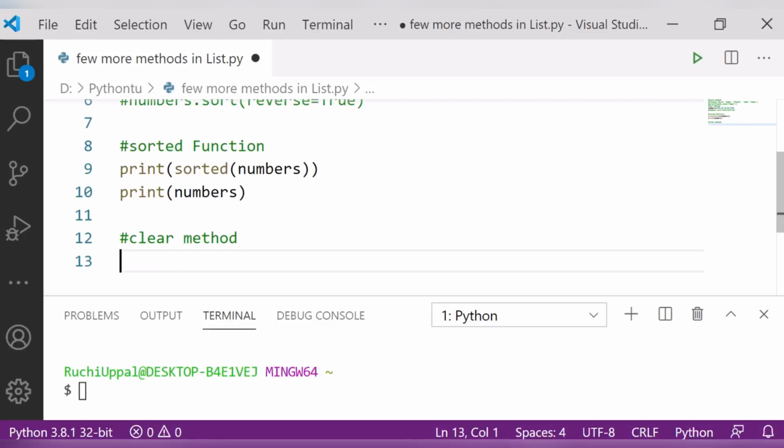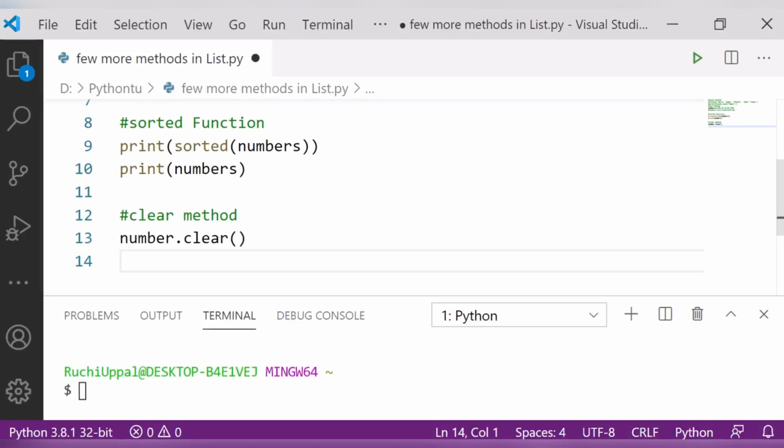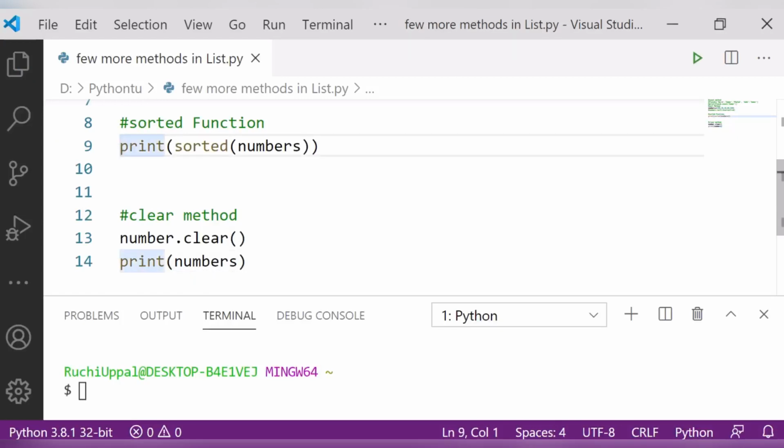Look here, I will use here numbers, then I will write here clear, meaning whatever is there in the list I want to clear. Fine, let me take it from here. So let's save and see here the output.